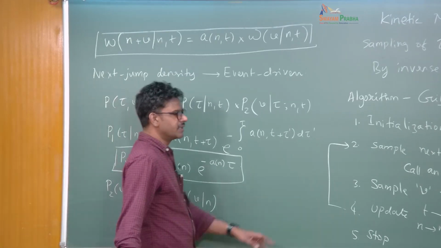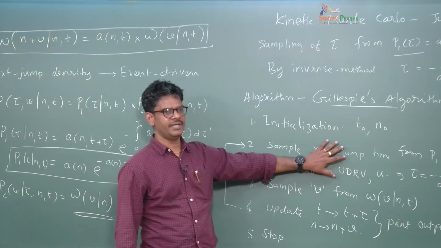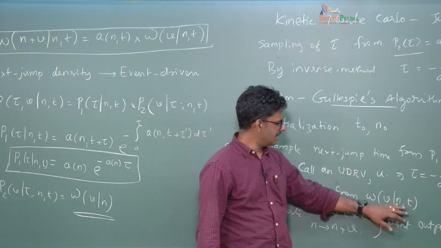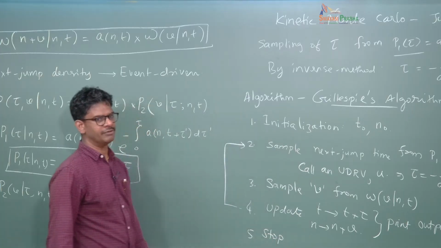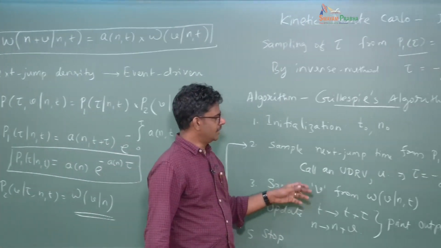So, as you can see, this algorithm is very simple. The heart of the problem is to sample the next jump time from an exponentially distributed random variable, and then sample the new state and then update. Okay, very simple to code also, and this is very powerful